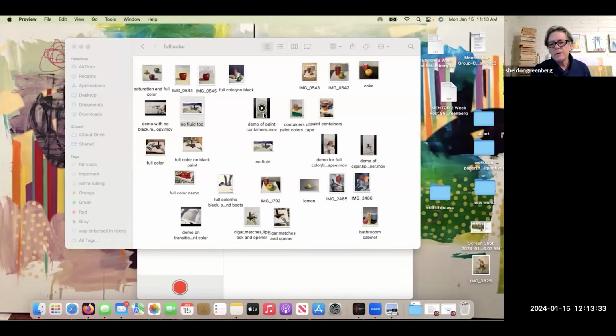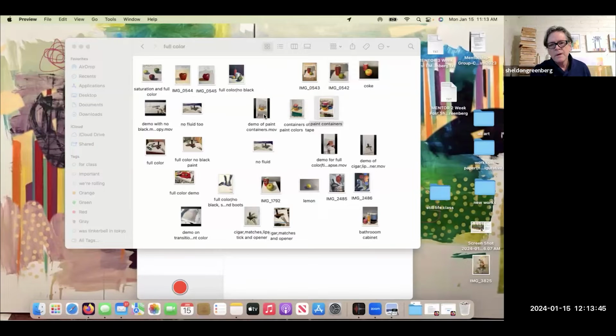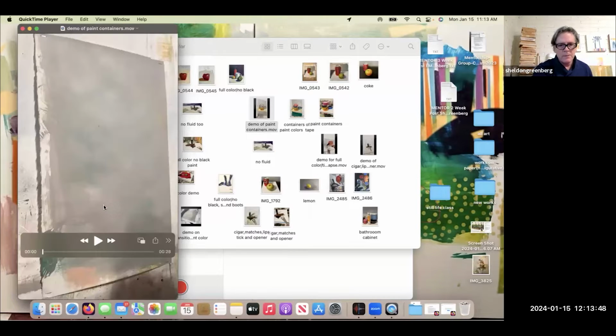Now this is another composition. This is the setup of the objects. Just some of my paint containers that I use to make screen prints. And then this, I'm sorry, this isn't big enough. What I'm doing here is I'm painting on a toned piece of paper. And the reason for toned paper is that you have a value that's in the middle. So it makes it easy for you to adjust things. You can even use part of the painting instead of worrying about trying to paint out the white.